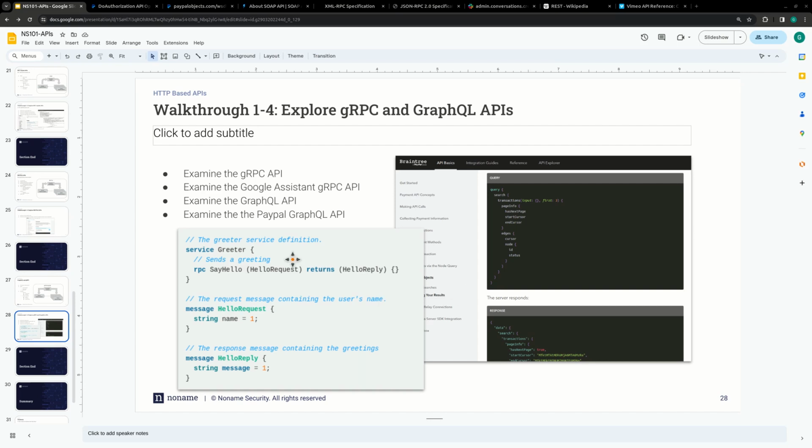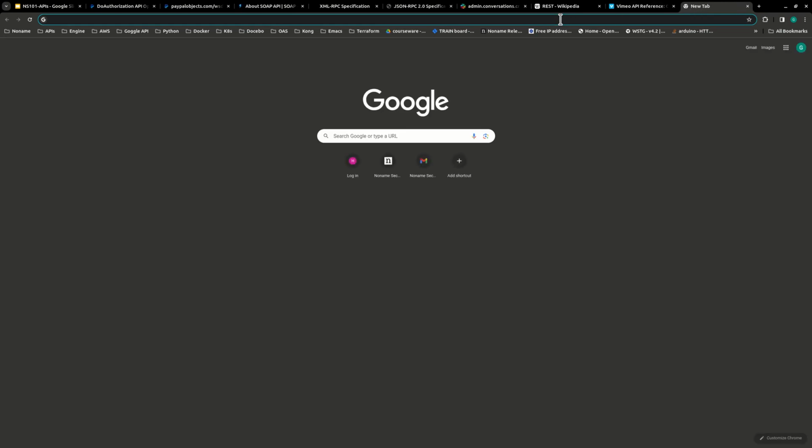Okay, great. Let us do the final exercise where we talk about gRPC and GraphQL. I'm going to start with gRPC. All right, so the very first thing we're going to do is open a new tab and navigate to